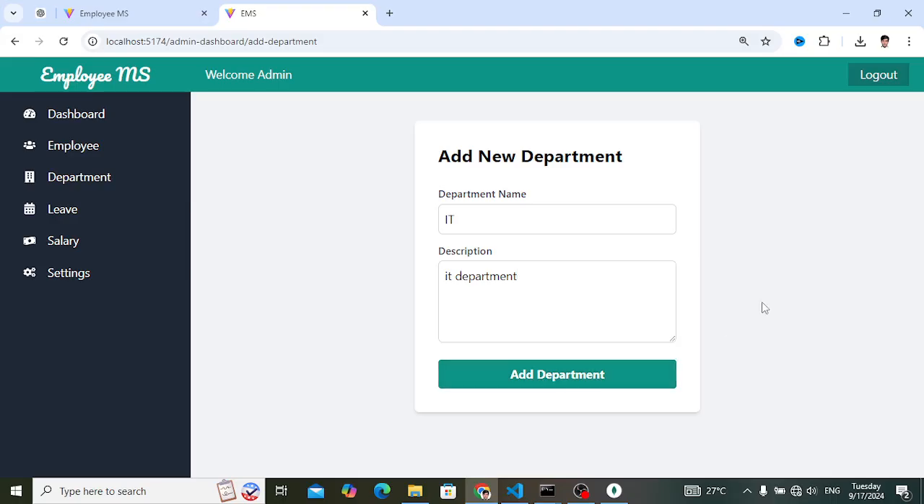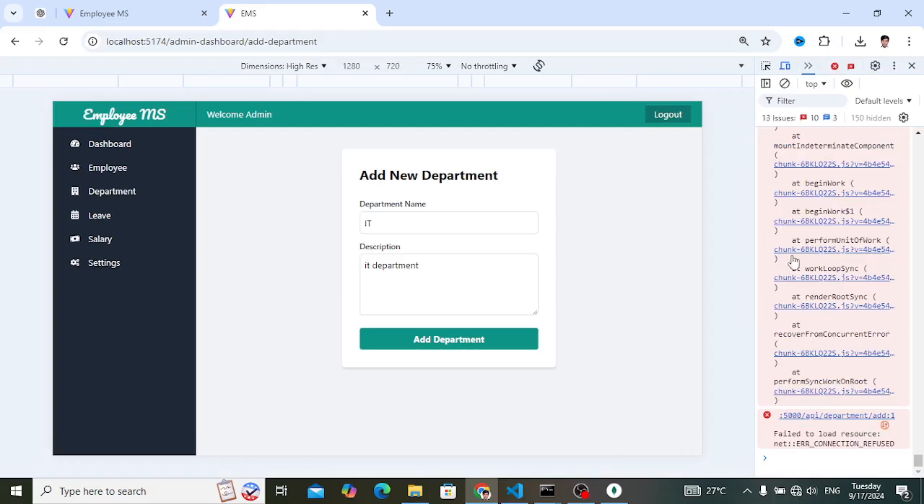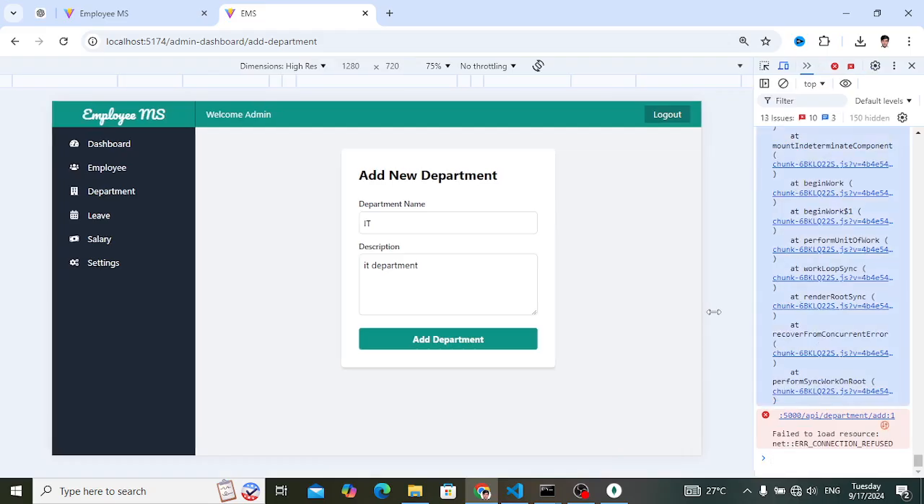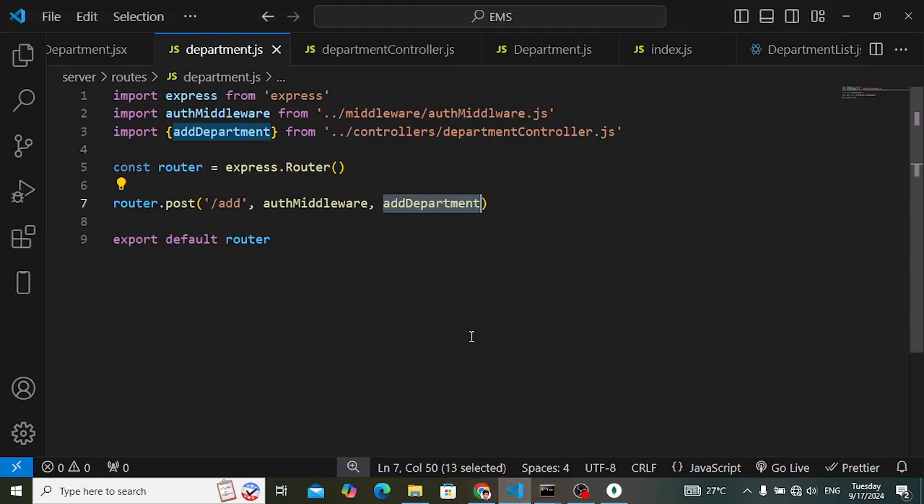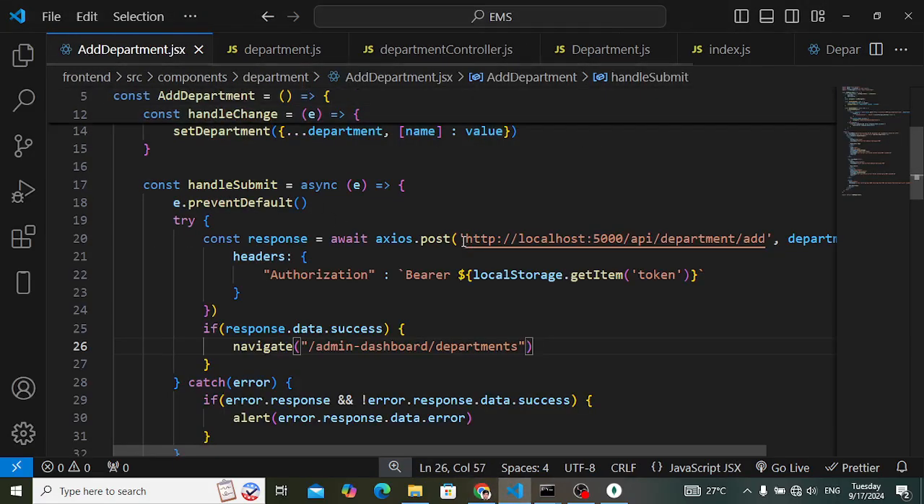So I think there is an error, so let's come here. Where is the error? We will just solve that. Failed to connect 5000 API department add. Let's check the add department, API department add. So here we don't have any error, that is okay. Department headers authorization,